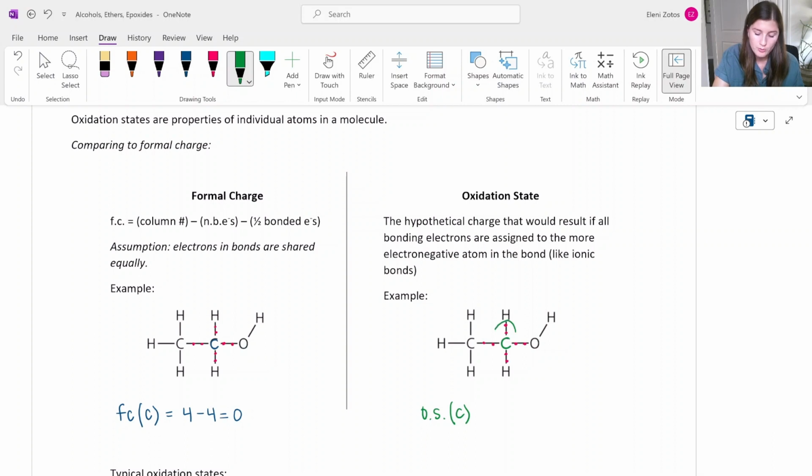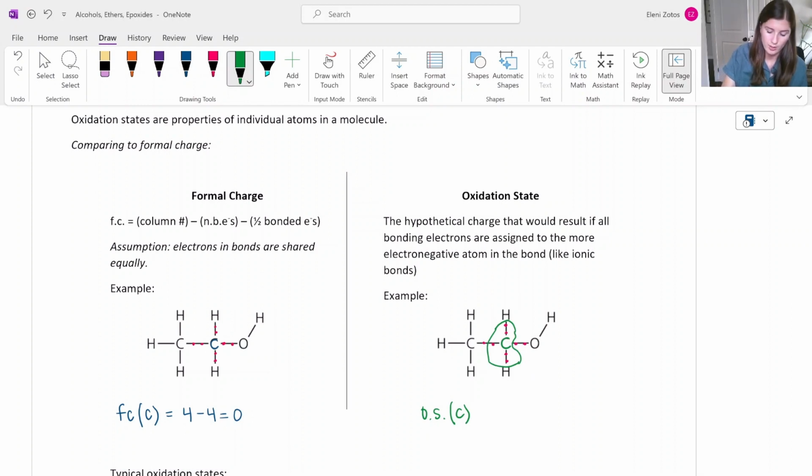So carbon would own both of the electrons in the bonds to hydrogen. Carbon and carbon have the same electronegativity, so those electrons are split. Each carbon owns 1. And then oxygen is more electronegative than carbon, so we say oxygen owns both of those electrons in the bond